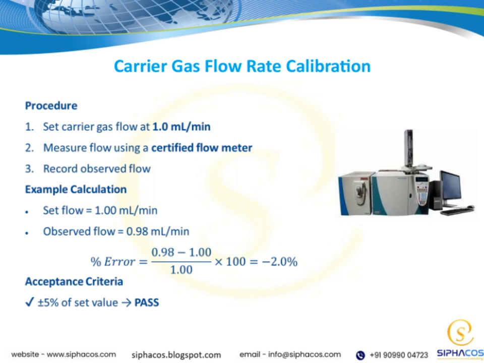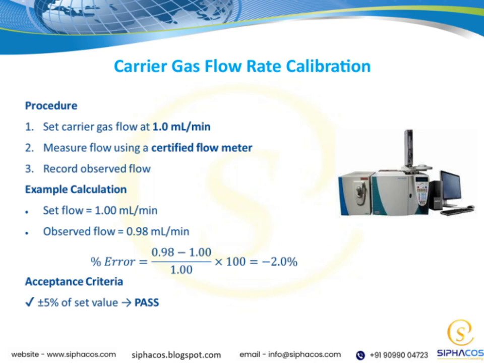During calibration, we typically use a bubble meter or a bubble flow meter to measure the actual flow rate. This allows us to compare it against the set or desired flow rate and make adjustments as needed. Proper calibration ensures our data is reliable and reproducible, which ties back to our overall goal of obtaining high-quality, accurate analytical results. It might seem like a small detail, but it's a key part of maintaining the integrity of our